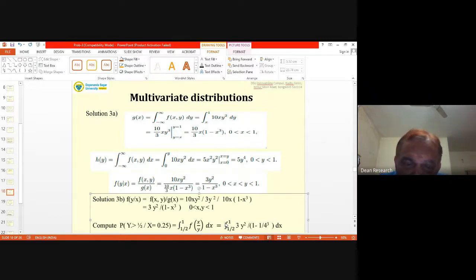So it comes to the integral from half to 1 of F p y, y square divided by 1 minus s cube, but x is given to be 0.25, that is now 1 by 4. Substitute and get the integral. You should be able to get the answer.